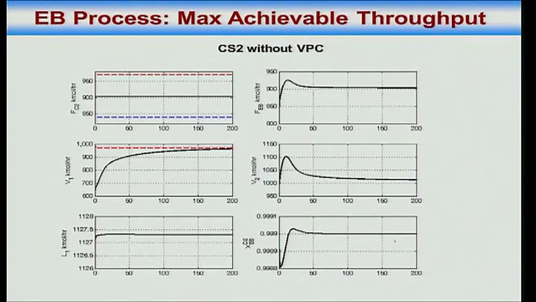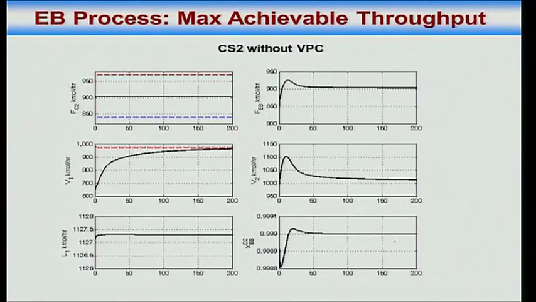How much is it? 13%. That's a big amount of difference. Okay, and it's all got to do with the control system that you have implemented. Yeah, same process, same everything. This control system accounts for what constraints are going to become active, right? That is able to get you to whatever was the maximum achievable.